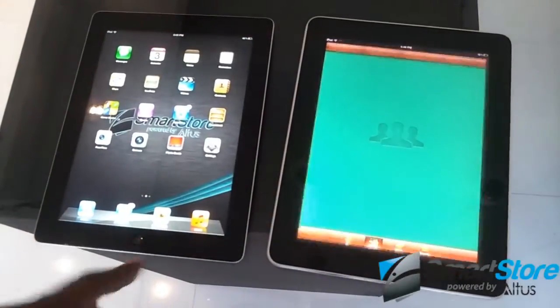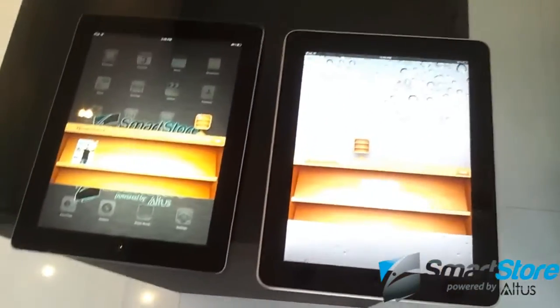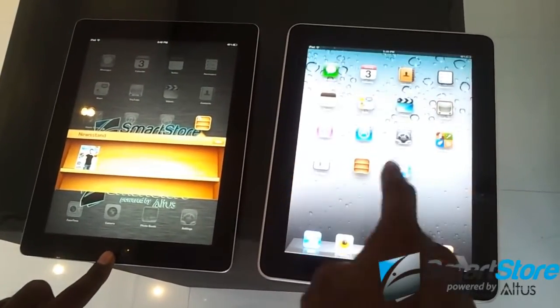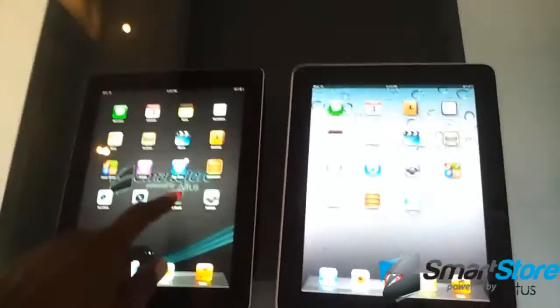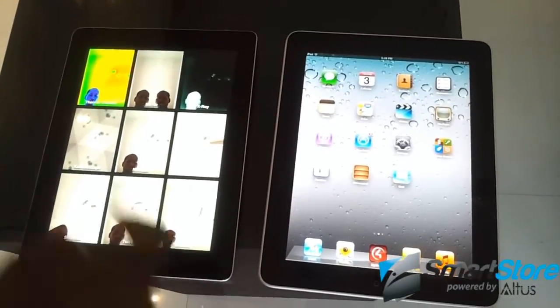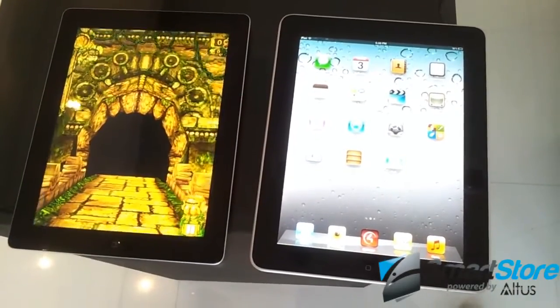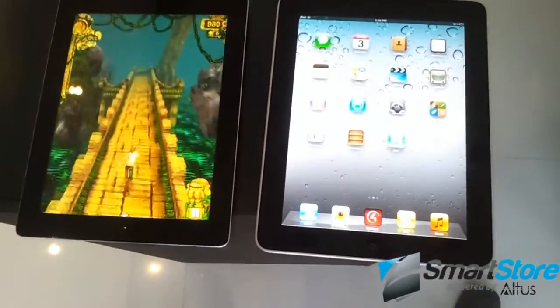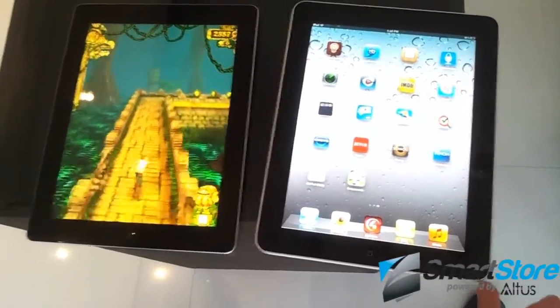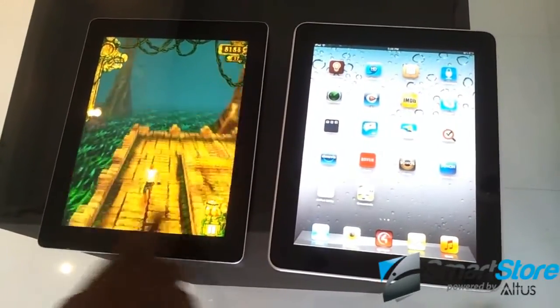What's different isn't much aside from, well, I can't say that or Apple guys will get at me. To be honest, it's a much faster device, much nicer screen. It's a little bit heavier, a little bit thicker, but overall the performance is much better. A lot of the games that are tailored towards the iPad 3 look really good, console quality, because a television only goes up to, well, they go higher, but